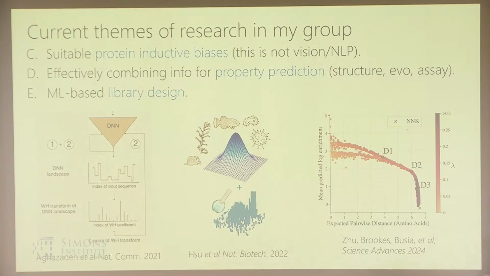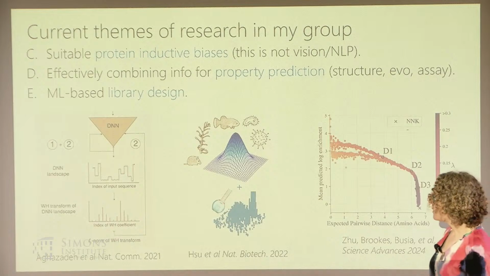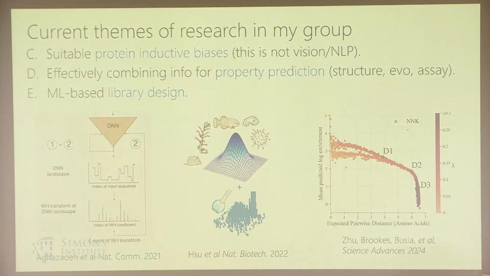He comes from an information theory background in compressed sensing, and he was a postdoc, not in my group. He came up to me and said, "Oh, I'm doing this kind of thing where I go back and forth between using a Walsh-Hadamard basis projection and using a neural network," and he had this kind of crazy algorithm. And I said, "I think that maybe what you're doing is you're regularizing the neural network in the space of the Walsh-Hadamard basis." If you haven't heard of the Walsh-Hadamard basis, it's basically like a Fourier basis, but